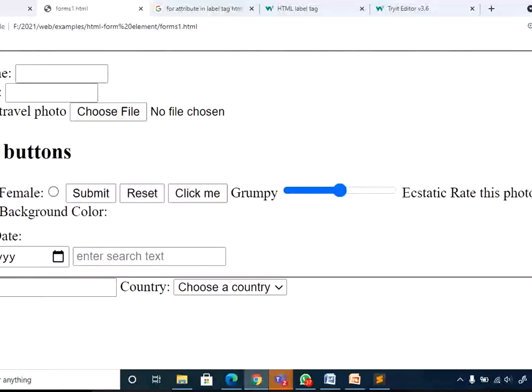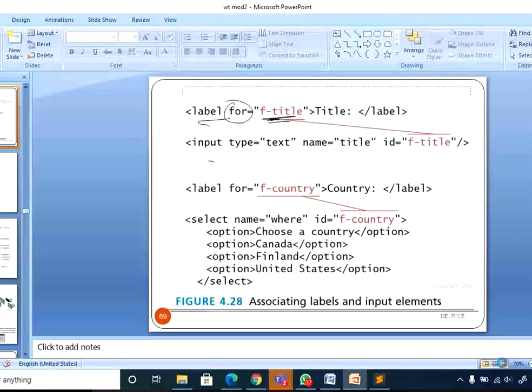No changes. It is not highlighting the input element. That's so simple. Like that you should be able to use this type of additional information when you are designing web pages, so that accessibility becomes easier.